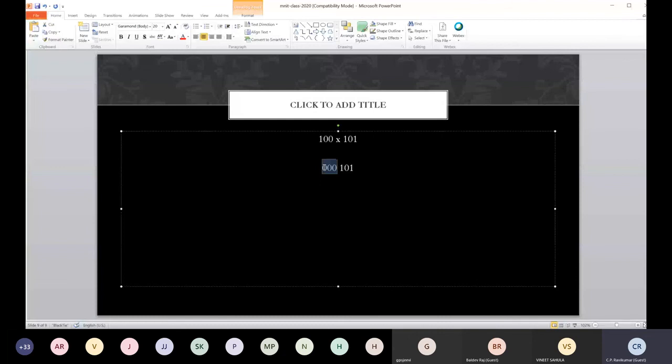So this is my accumulator initially reset to 0, and the multiplicand has the 100. So these are multiplicand, these are accumulator, and this is our multiplier.